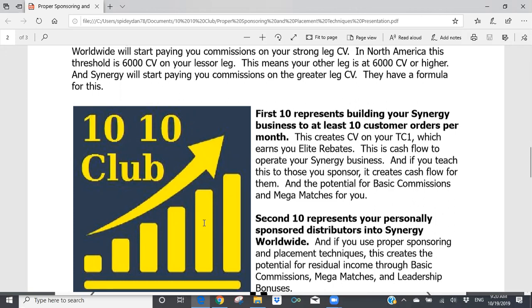Or if they're up in Canada, where Canada doesn't allow the jumbo jar, but does allow Synergy to sell a 7-box program, which would be 210 servings, that person is not going to use that in a monthly process. They're going to most likely use that over a 2 to 3 to 4 month process. So you'll need more than 10 of them. You might need 20, you might need 30. You build your Synergy business to the point where you have at least 10 customer